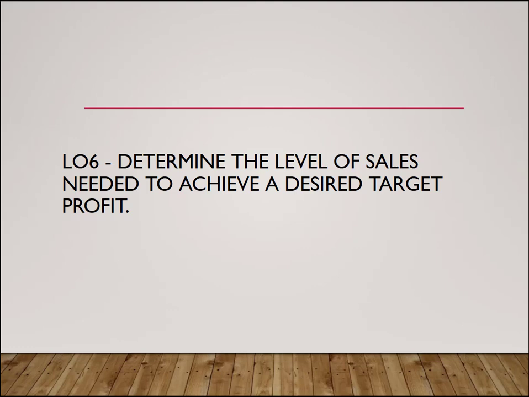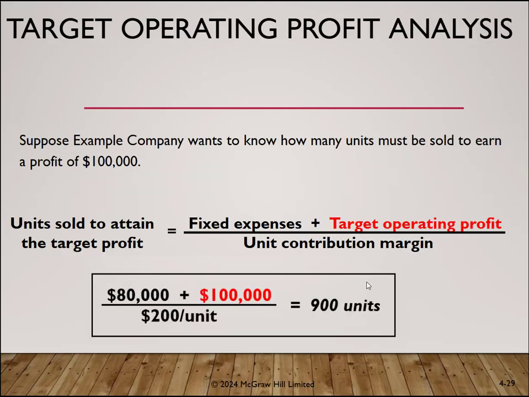Hello and welcome to Learning Objective 6, determining the level of sales needed to achieve a desired target profit. All right, so this is kind of interesting because it is the answer that we're going to get as far as, suppose a company wants to know how many units must be sold in order to earn a profit of, say, $100,000. All right, so we would literally take our break-even analysis that we just did, so our fixed costs